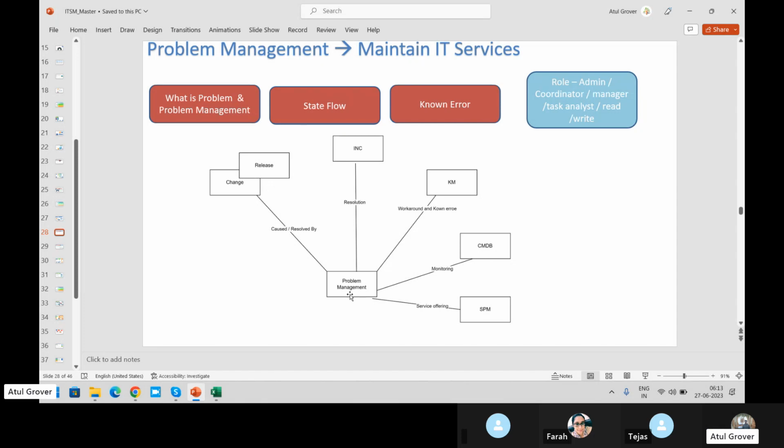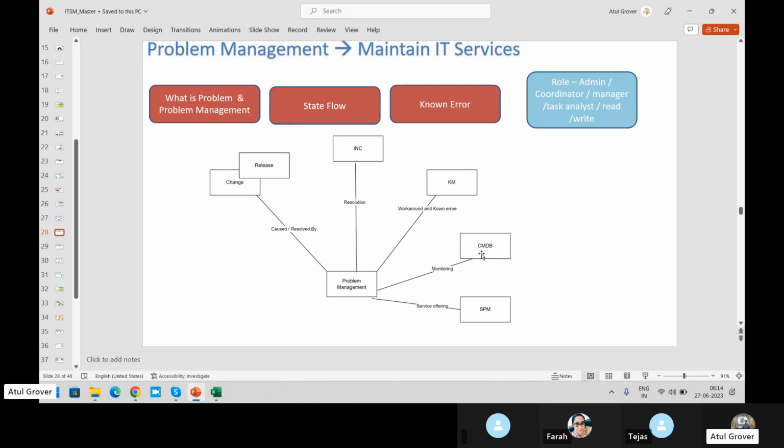That is what I'm saying. This is related with these two or three very directly. Problem management and CMDB: how are they related? In the CMDB, they monitor how many problems are open against a particular CI. And lastly, in the portfolio SPM, we can see on which service offering I have a lot of problems.